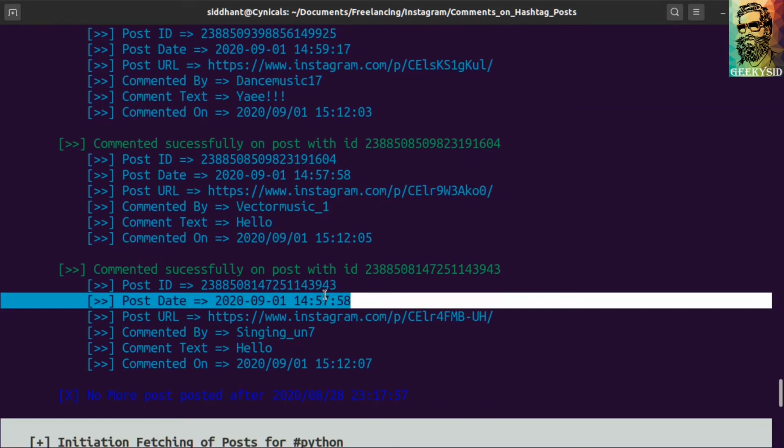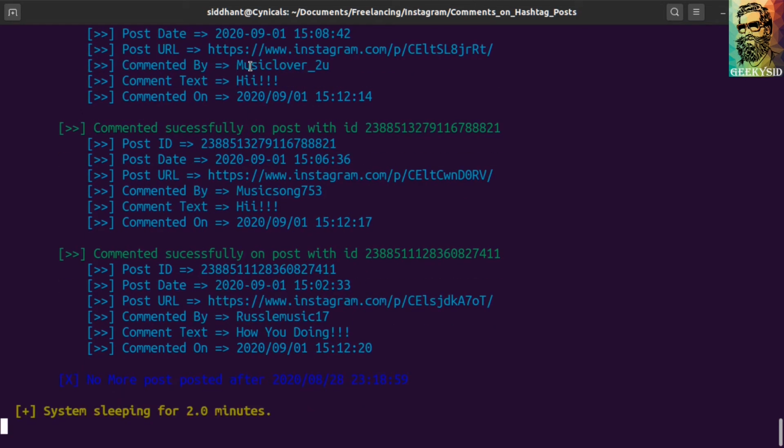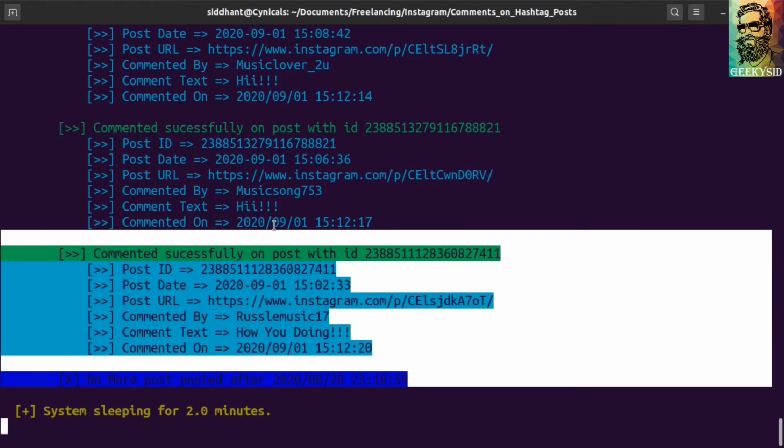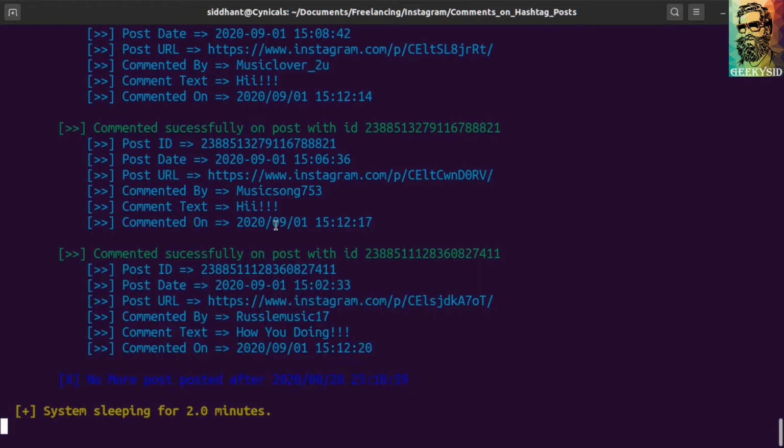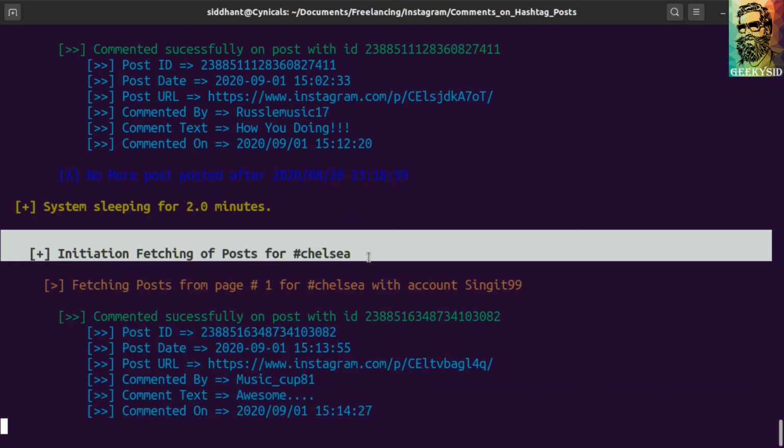Once we have fetched all the posts for the Chelsea hashtag, we will be moving on to the next hashtag, Python. Again, we have made comments on a lot of posts for the hashtag Python. And once we are done with the Python hashtag also, the bot has gone into sleeping mode for 2 minutes. Okay, now we can say after 2 minutes, the bot has woken up again, and again it is fetching new